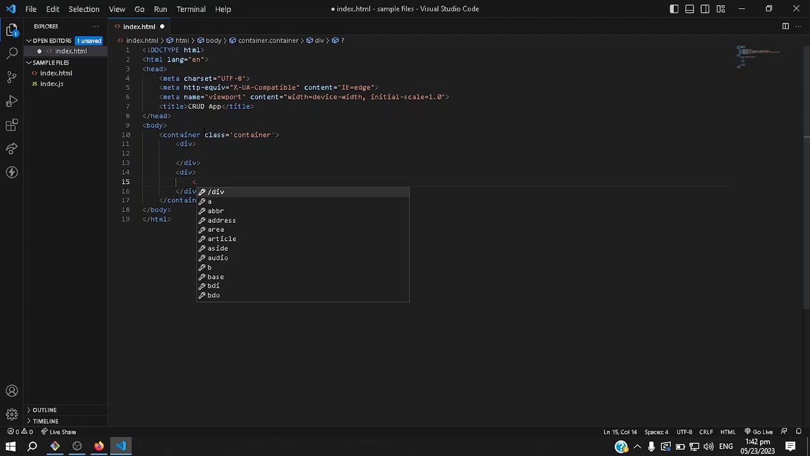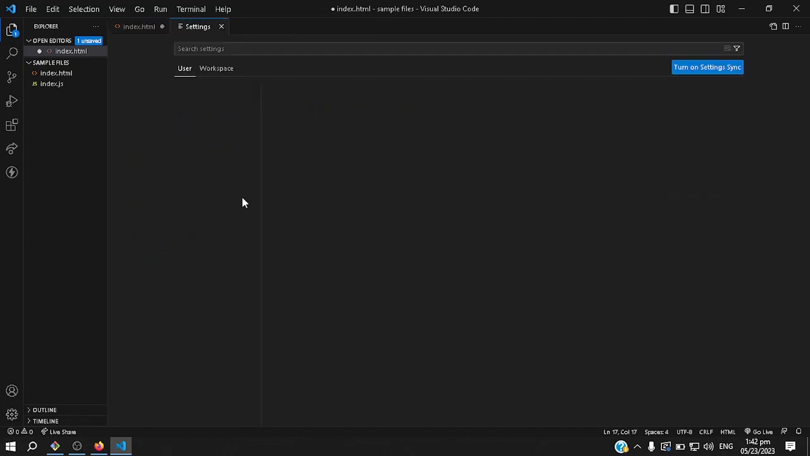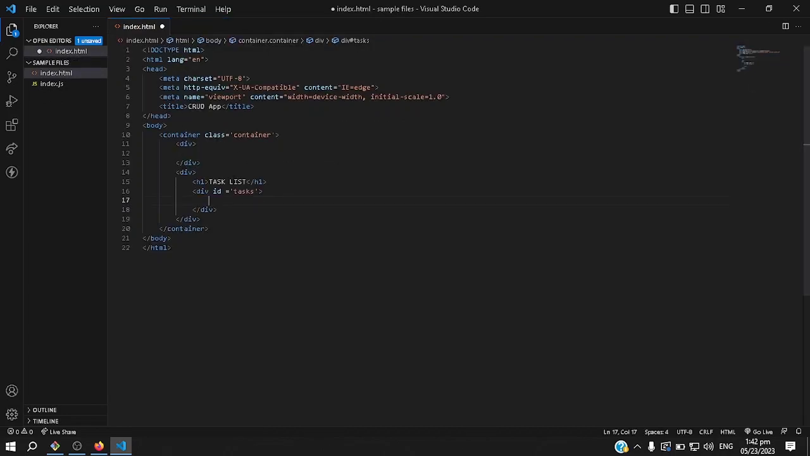Say h1 with tag task list. Oops. And then with a div of tasks. Okay, so whatever is inside of here will be our task list. Okay, and then for our input section,